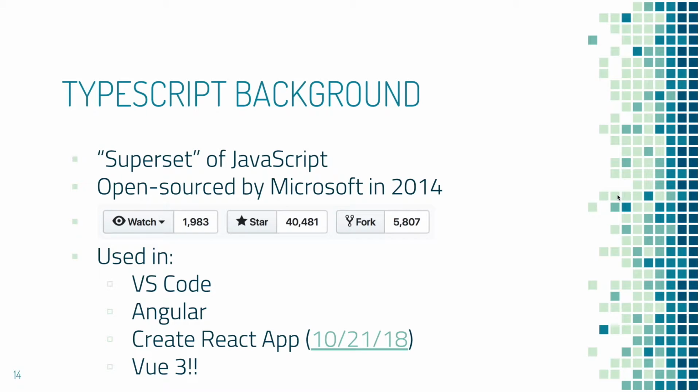Open source by Microsoft in 2014. I would argue, granted my background is not super back-end, and I know there are lots of things that Microsoft did poorly, but I would argue that TypeScript and obviously VS Code are 2 open source projects that yearly now are dominating popularity contests essentially on GitHub because they're just joys to use, and Microsoft has supported them incredibly well. VS Code, so the other big open source project, is written in TypeScript, which is one of the reasons it works so well when you're developing TypeScript applications.